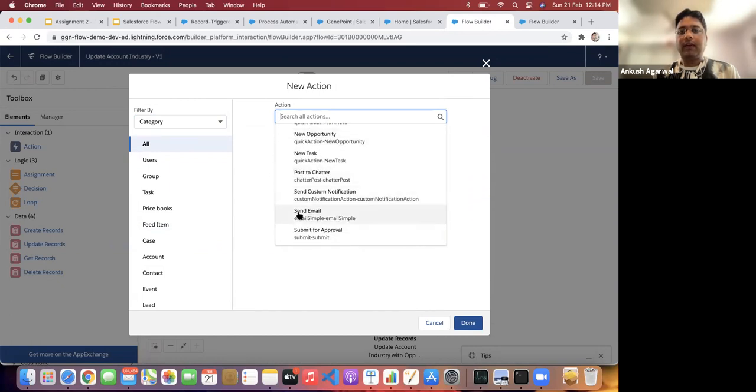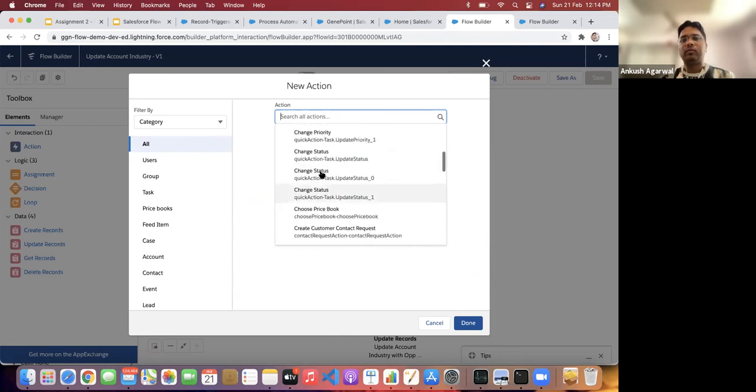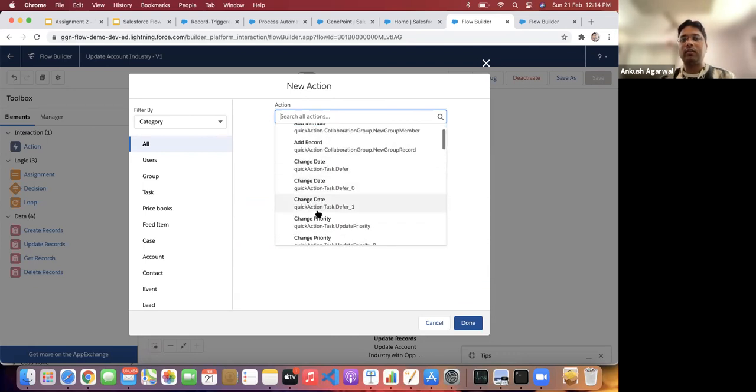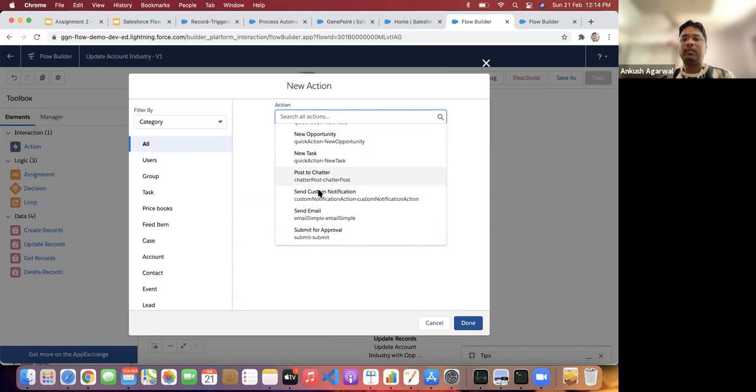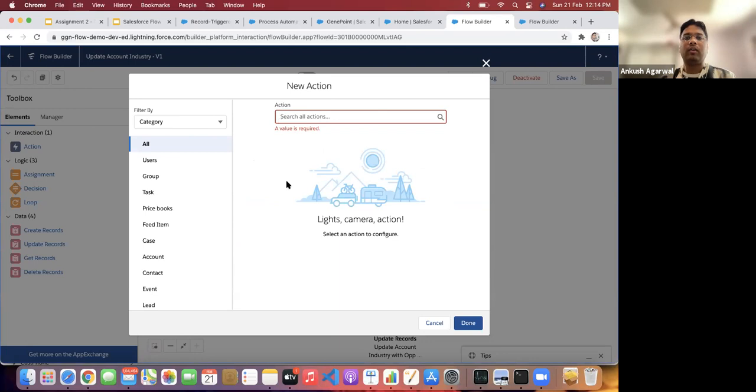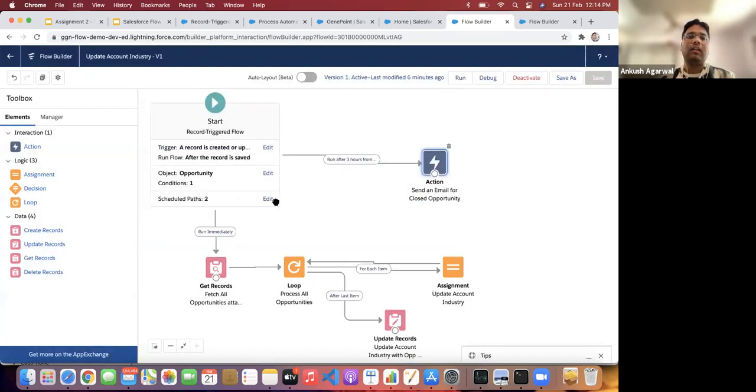So any type of action, send email, submit for approval, post on the chatter. Only limited options are available, so you can go through the list, and the specific actions which are available can be performed. If some options are not available, they may come in the future, because every release Salesforce is updating their flows and adding more features to it.